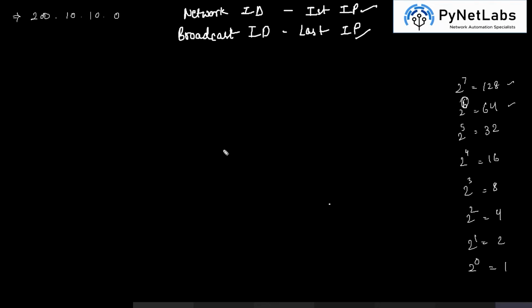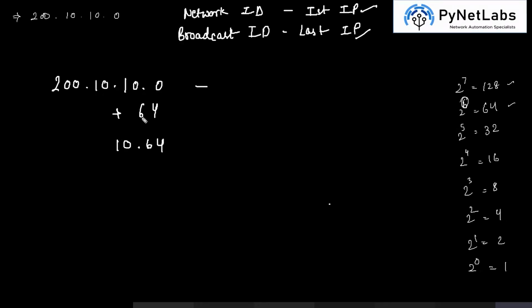So there is some confusion going on for the first range, and people are getting confused in the number of hosts. If you take the very first IP into the count, the number of IPs will be 65. Let's say for 200.10.10.0, if we add 64 here, then you get 10.64.